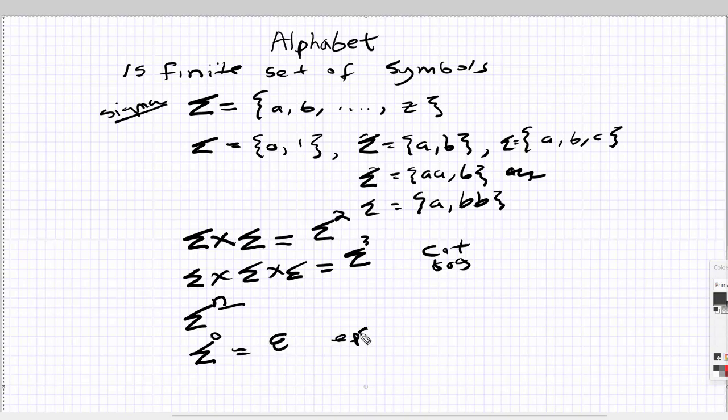We also will deal with sigma to the power 0, and that's epsilon. This is the Greek letter epsilon, and we will see something like this in a minute. So let's say this is the language that we're dealing with, and let me clean this board. Sigma to the power 0, as I said a second ago, is epsilon. And again, just to remember what epsilon is, it's an empty